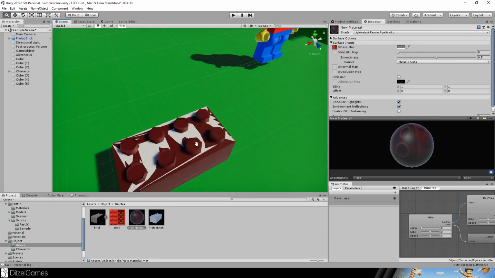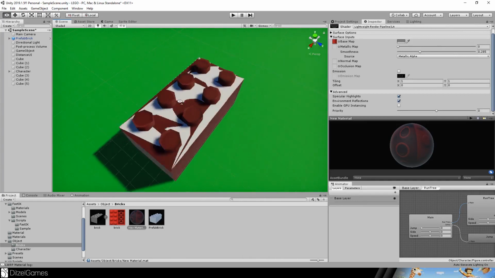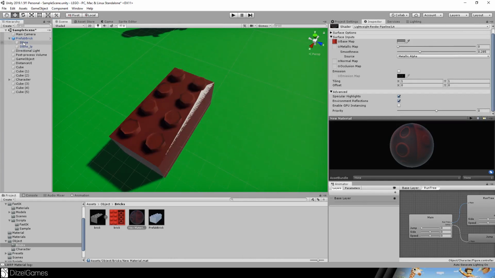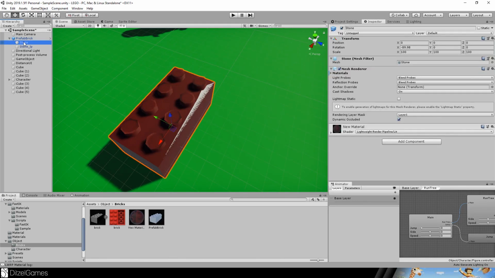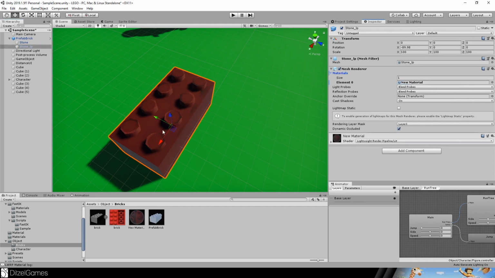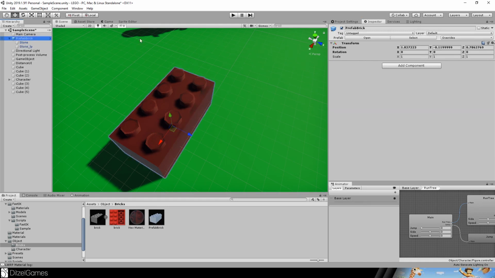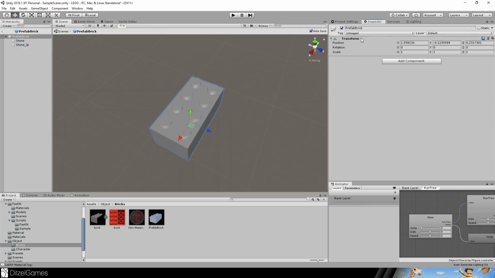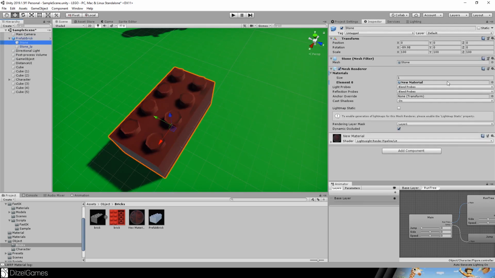Doesn't look okay anymore, but the reason for that is that this brick is 2 bricks. So here is the other one, the low poly one. It has the default material and we will change it right now. Let's put the material in here and it looks fine. Now in this prefab, let's maybe open the prefab because now it's only on this variant. So let's apply these changes to the prefab,